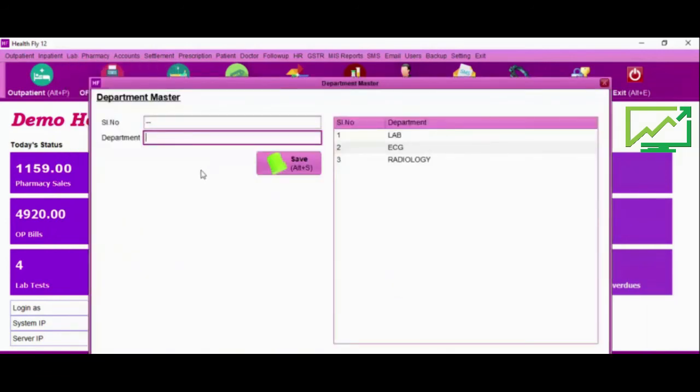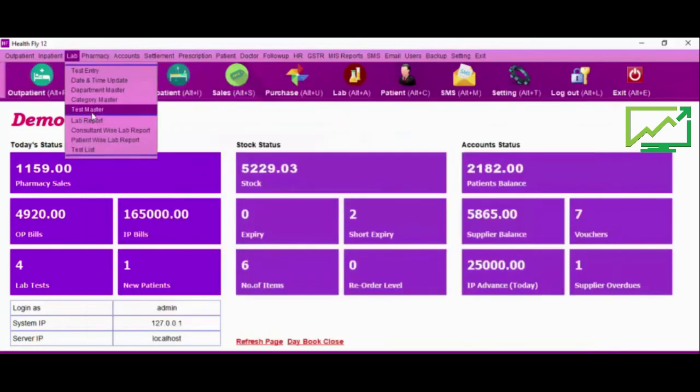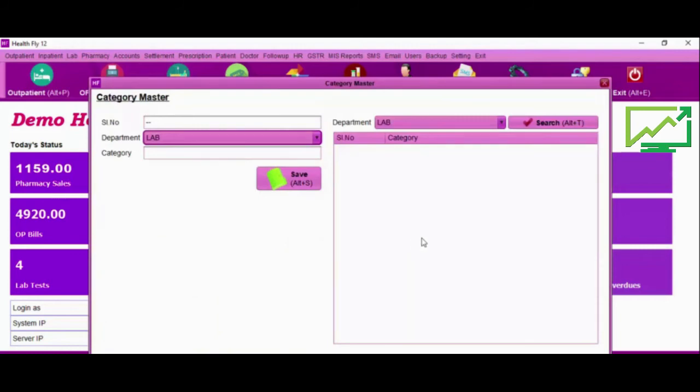And these are masters. First, department master. Then second, category master. You can create your own. So no need to worry about this test list, because we already have around 3000 lists in our database. During the installation, if you want the default test list, we can load. Even for pharmacy also, we have data. We have like 5000, 6000 medicine database we have. If you give instruction during the installation to our team, they will do upload.